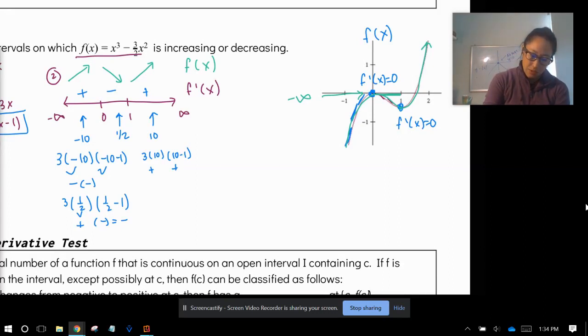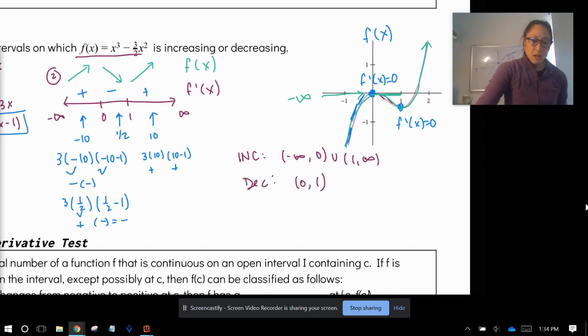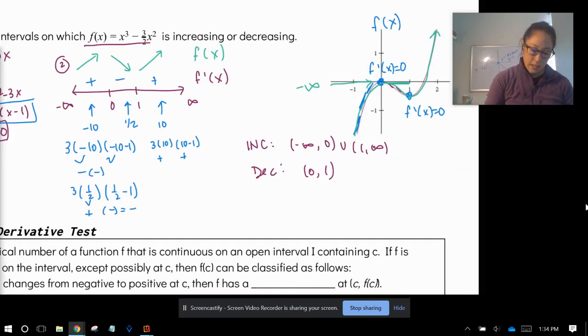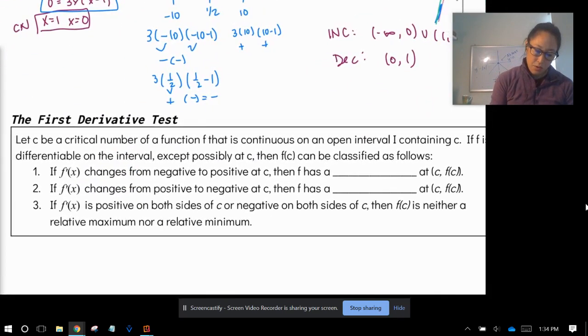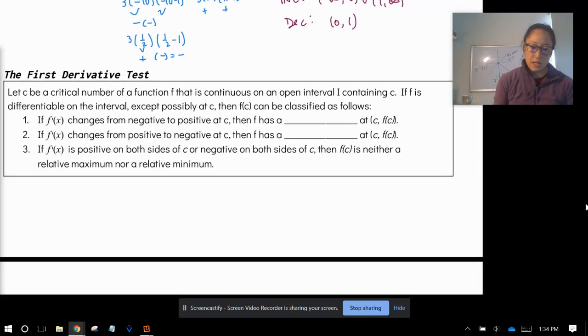So the last thing to do is to write out our answer. So we are increasing from negative infinity to 0 or from 1 to infinity, and we are decreasing from 0 to 1. All right. So what we're saying is that